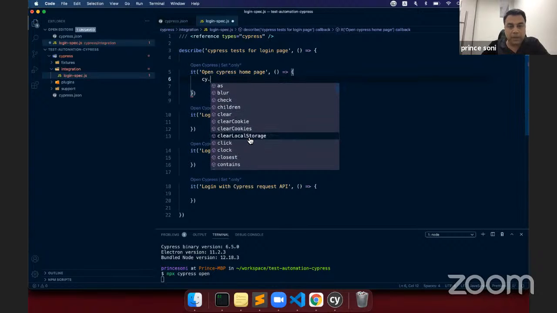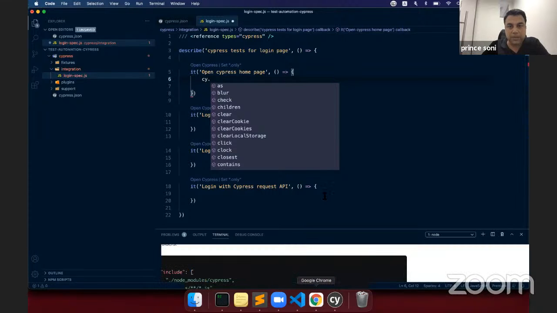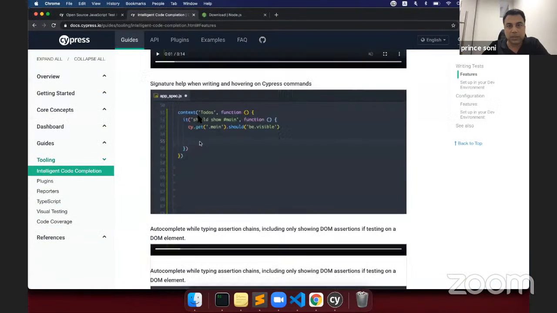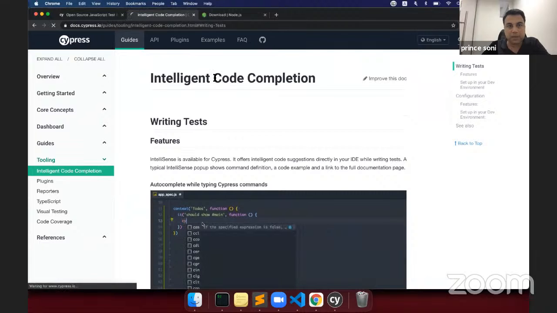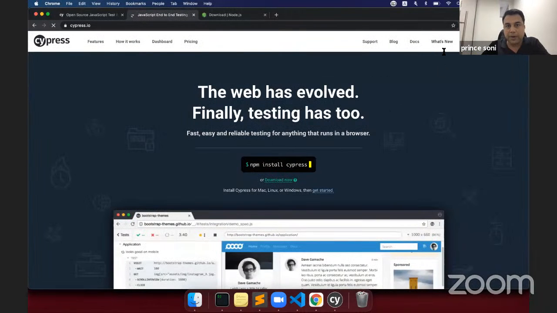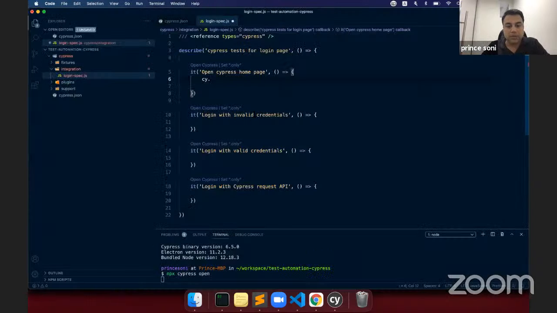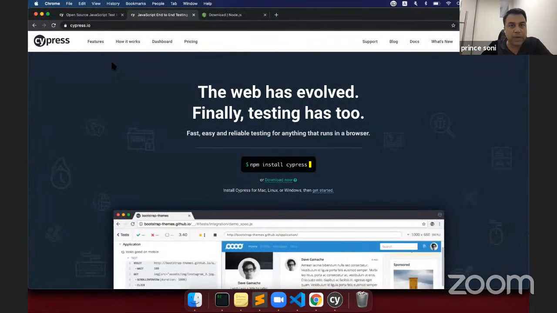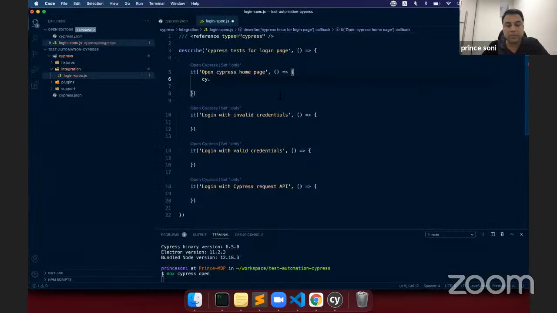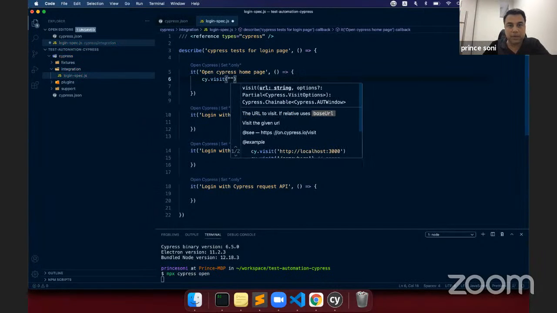So in our case, what we are going to do is, this is our Cypress homepage. We'll try to open the Cypress homepage, and in the later test cases, we will log in through the Cypress login window. So what I have to do is navigate to cypress.io. So I simply use a method called cy.visit, and I will give the URL here,